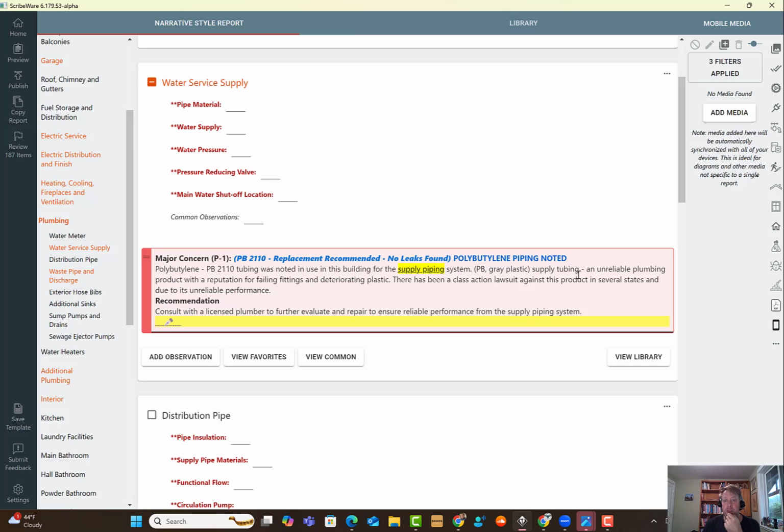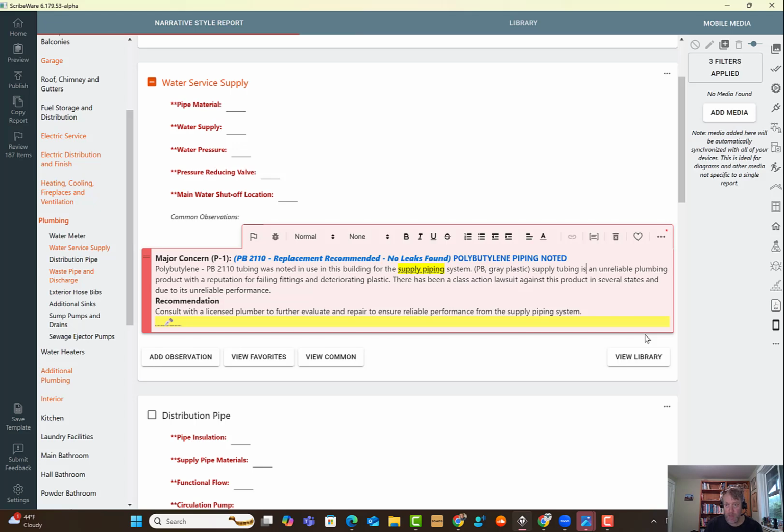PB gray plastic supply tubing is an unreliable permanent product with a reputation for failing fittings and deteriorating plastic. There has been a class action lawsuit in several states. Currently, the UPC, Universal Plumbing Code,